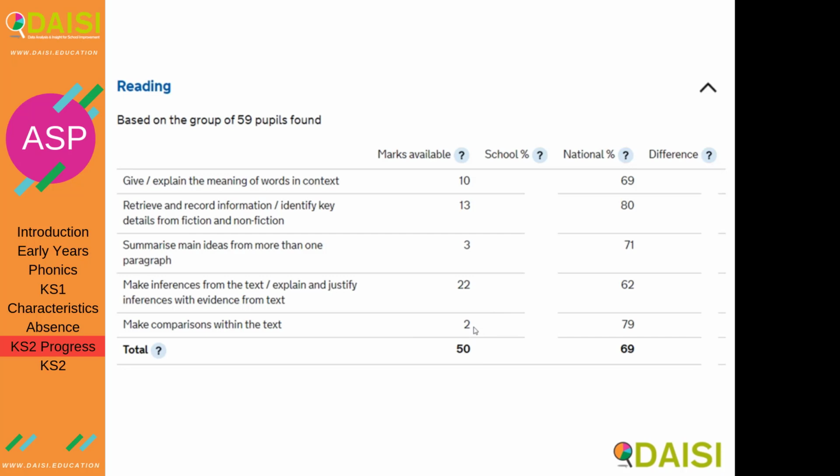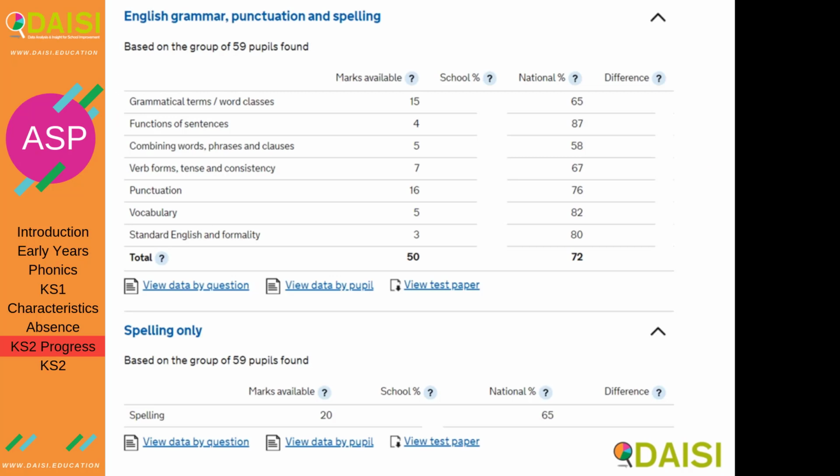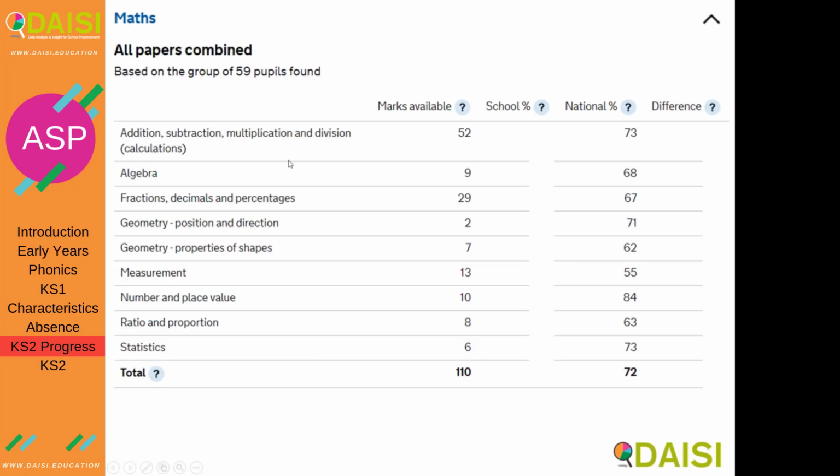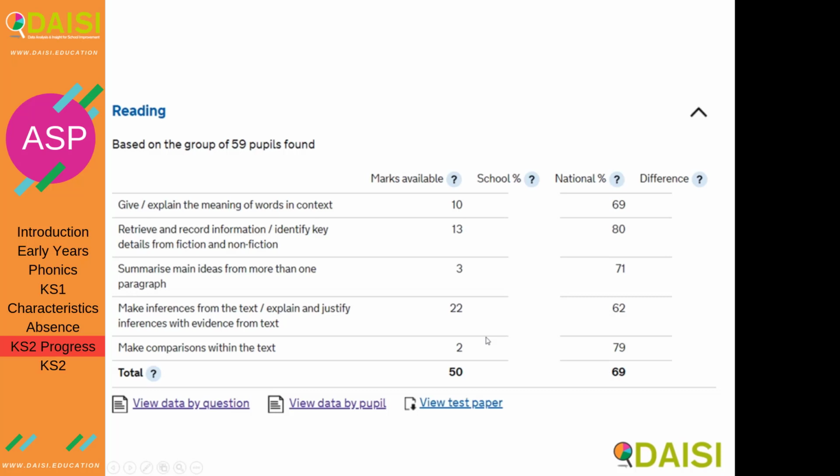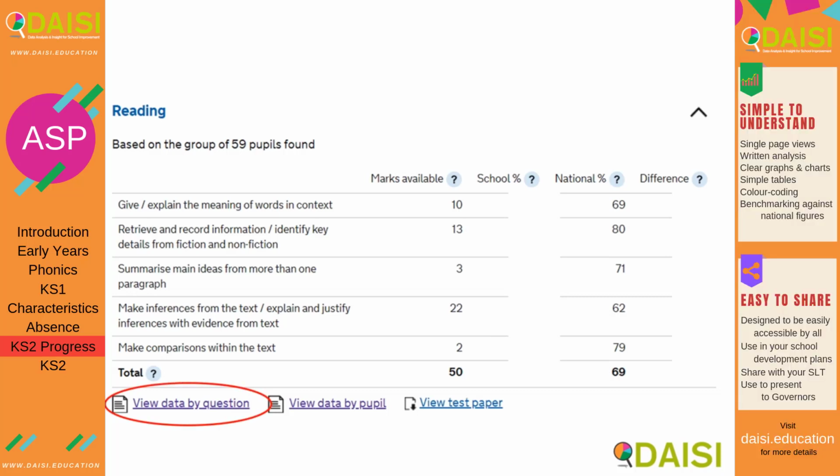So you should really concentrate on improving your pupils' attainment throughout, but perhaps on the 3 to 4 strands which have the most marks. For GPS, it was 3 or 4 strands which were high, so grammatical terms, punctuation and spelling, and if you wanted a 4th, verb forms. And in maths there were 9 strands, the top 4 strands being calculations, fractions, decimals and percentages, measurement, and number and place value. So if I go back to the reading and click on View Data by Question,